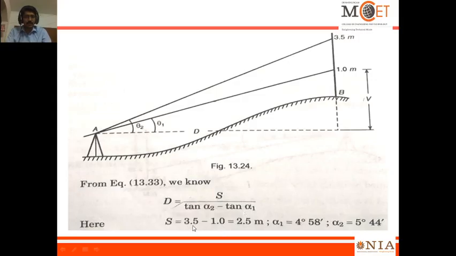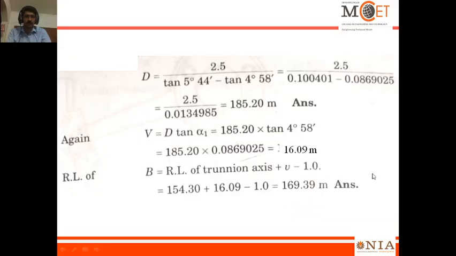So S is equal to 3.5 minus 1, which is 2.5 meter. Alpha 1 is 4 degree 58 minutes and alpha 2 is 5 degree 44 minutes. If you substitute all the values, you will get the value of D as 185.20 meter. And you know V is equal to D tan alpha 1. If you substitute that D here, you will get the value of V as 16.09 meter. And then the RL of B is equal to the RL of the trunnion axis given, plus 16.09